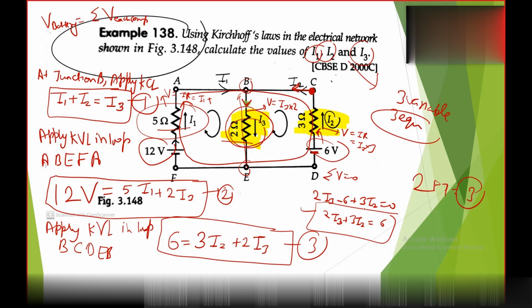Just replace the value of I3 in second and third equation. Second और third equation में जब आप I3 की वैल्यू पुट करोगे in terms of I1 and I2, you will get two equations in terms of I1 and I2 only, and then you will be able to find it the equation by क्रॉस मल्टीप्लीकेशन और बाय द सब्स्टिट्यूशन मेथड, उससे आप फाइंड कर सकते हो. Whatever be the value you will get, you can tell me your value in P upon Q form also.